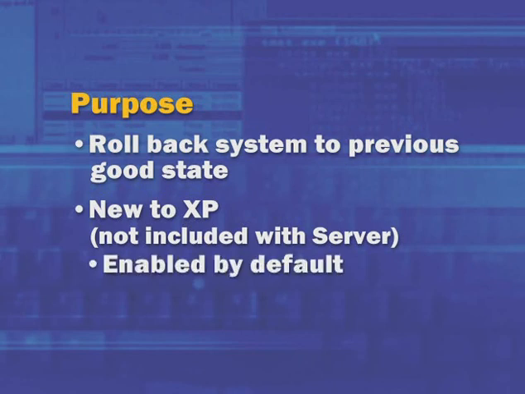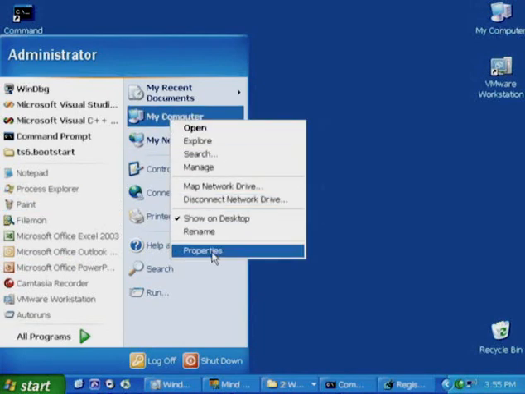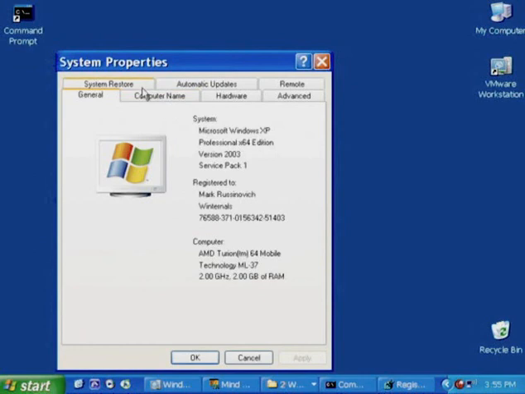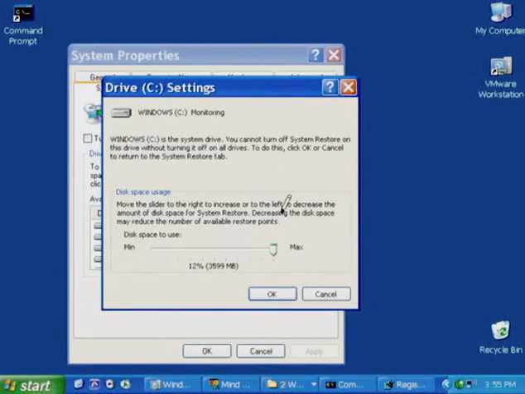You can find the configuration for System Restore if you go to the Start menu, right-click on My Computer, go to Properties, and you'll see the System Restore tab. And Mark, you have the default, which is that System Restore is not turned off, so there's a checkbox to disable it. One of the settings you can set on System Restore, if we click on the Settings button, is how much disk space can be assigned for System Restore points, because each time a restore point is taken, there's a certain amount of disk space used, and then as files are replaced, Windows has to keep the original version so that it can perform a rollback.